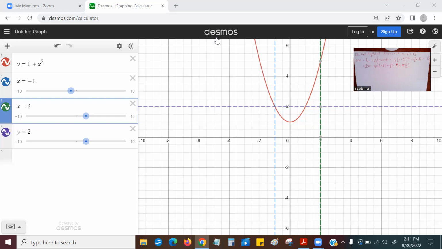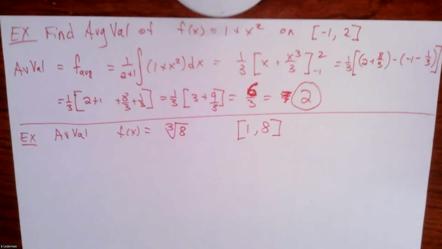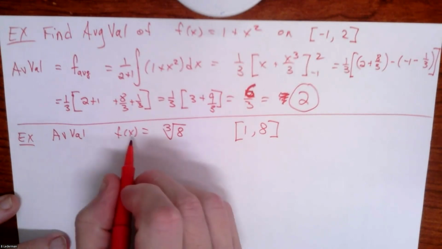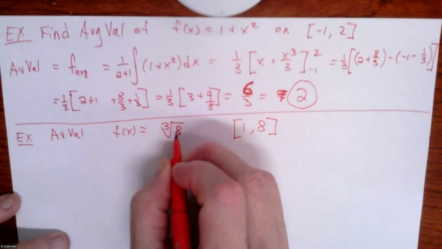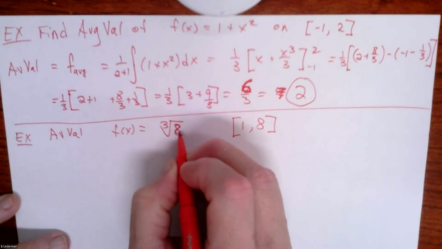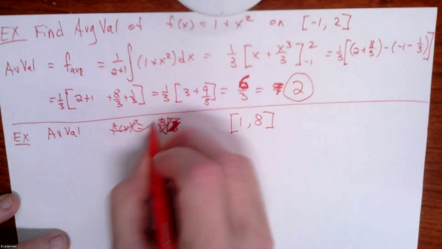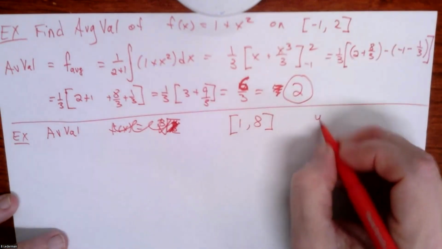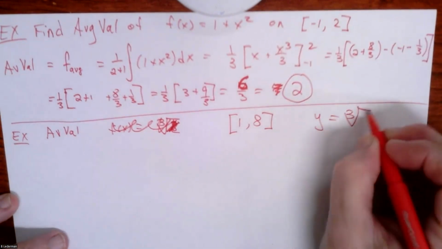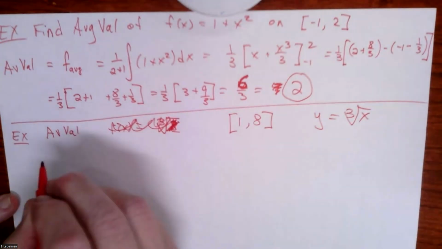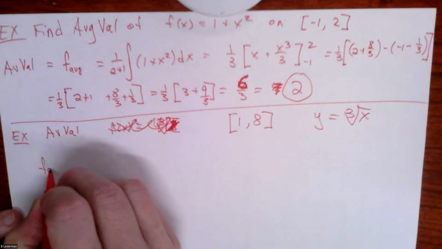Maybe we could squeeze in one more problem. Let's find the average value of the function f, y equals the cube root of x. Let's write it a little nicer. So we want to find the average value, so I'll write f average